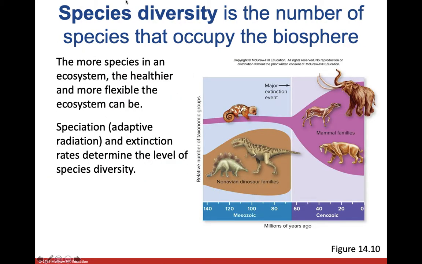So you can also look at species diversity. You can take a particular biosphere, a particular ecosystem, and you can count how many species there are inside of it. So you can take like Siberia, or the tundra, and you can count how many animals live there, how many different species. Or you can take the tropics and count how many species live in that particular ecosystem. So the more species that are in there, the more healthy and the more flexible the environment usually tends to be. The more species there are, the more likely that environment is going to have great amounts of food and things like that.